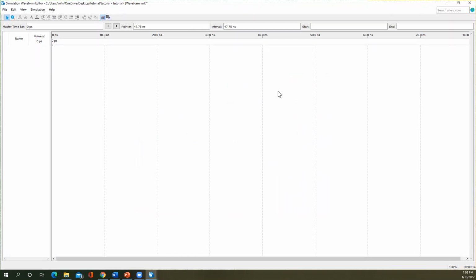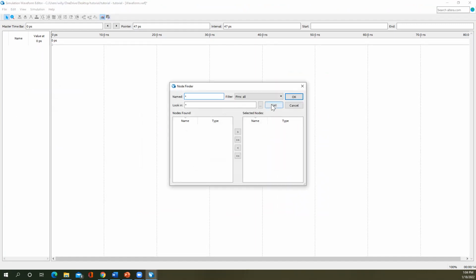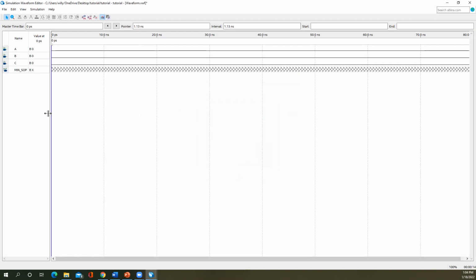And so now we can right click, insert node or bus, node finder, list, and now it's showing the pins from our design. I want them all, so I'm going to click on the double greater than sign to select them all and bring them in, say okay. And now everything's here. Now if I say file, save,